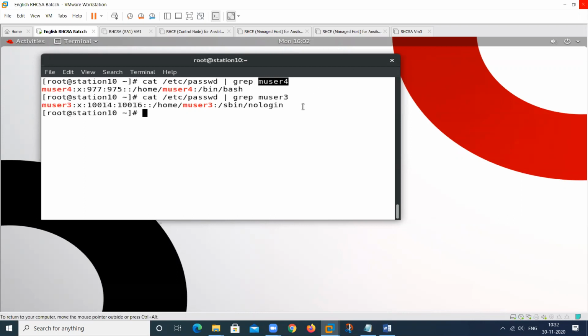Any idea about this? And see here, check the differences. What is the difference? Sir, the login and no login. No, sir, the number 977, 975, user and group number. Okay. So what is the ID number for the regular account, for the root account, for the system account?